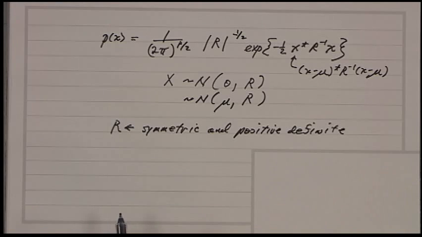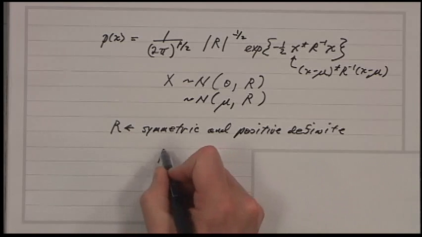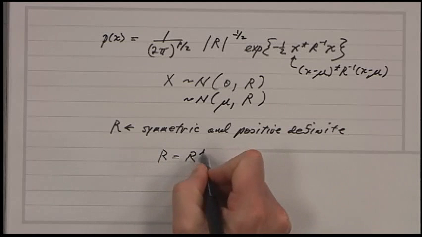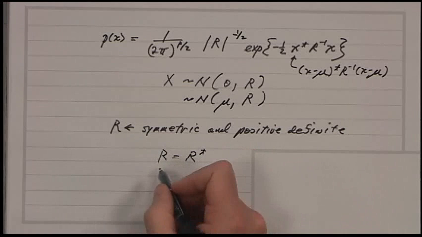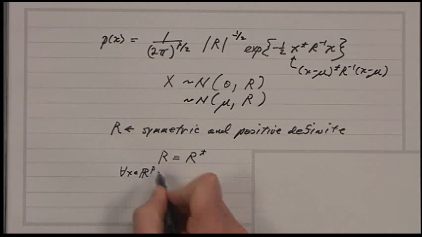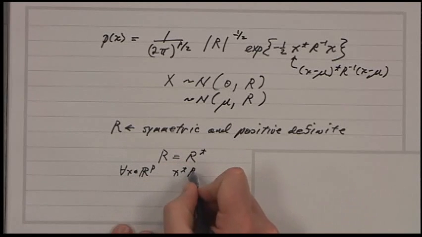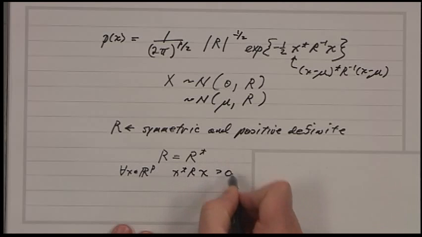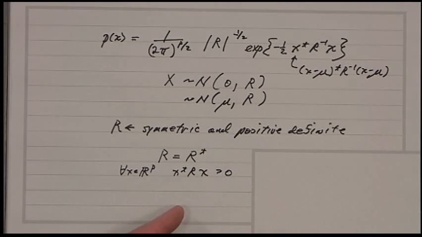Symmetric means that R equals R transpose, and positive definite means that for all x a member of R to the p, x transpose R x is greater than 0. If it was positive semi-definite, then it would be greater than or equal to 0. But we'll assume it's positive definite, so that the density